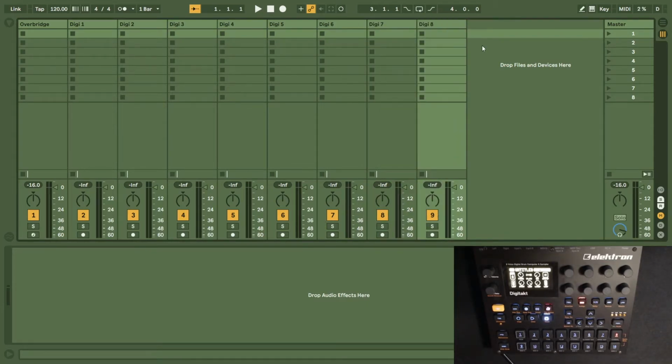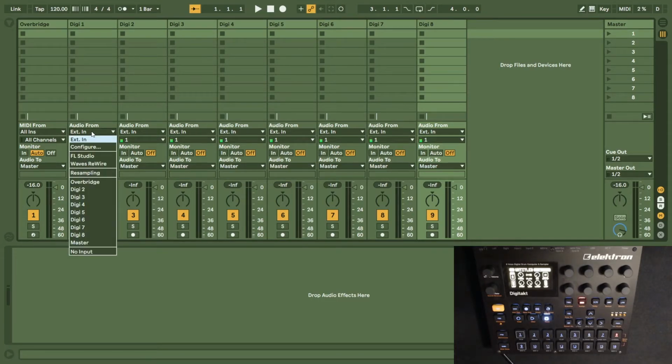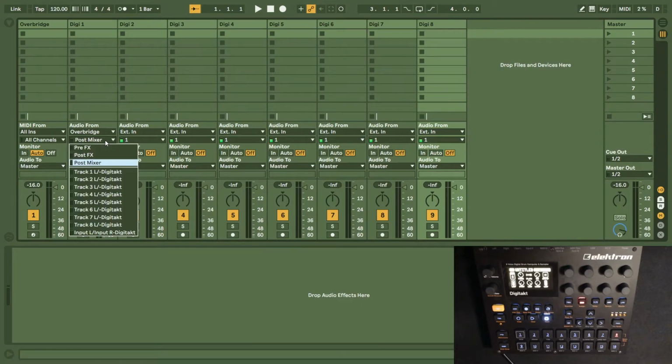So now we need to route the audio from Overbridge to each track, and to do so we need to open the I/O panel, and it's over here. And here we have all the tracks. So I can take the audio from Overbridge, and here I can select what kind of audio I want. So I want just track 1. And if I play track 1 now,